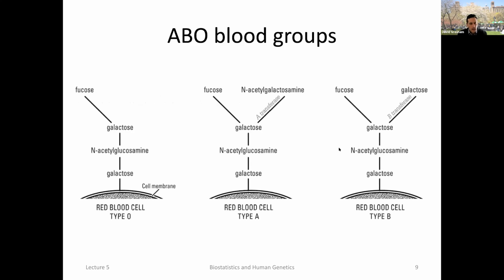Let's look here at the carbohydrates that are on the red blood cell. Here's our red blood cell. If you're type O, you have the following carbohydrate structure on your blood cells, okay? This is an epitope or an antigen that's stuck on the blood cells. If you are type A, that means your allele at the ABO locus is the A allele, which encodes the A transferase, and that attaches an